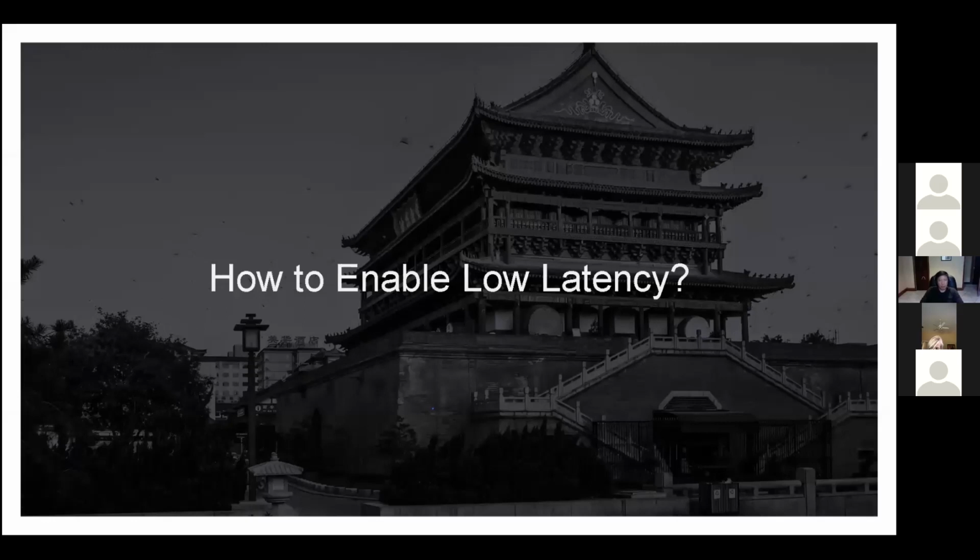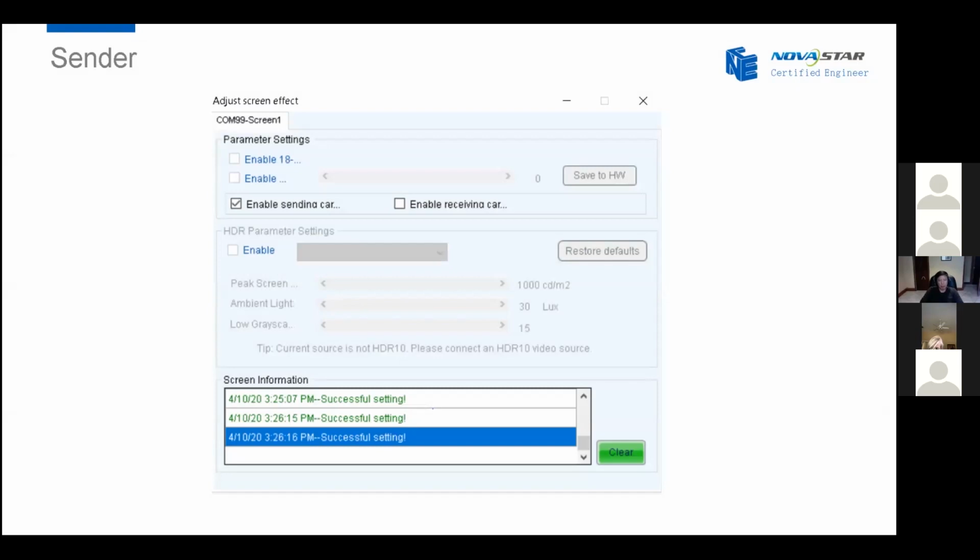So for the senders, if you want to enable low latency, you need to log into the Nova LCD software and go to settings. There is an option called adjust screen effect, and as you can see from this picture, there is a function called enable sending card low latency. We just need to check this box to enable low latency for the sending cards.